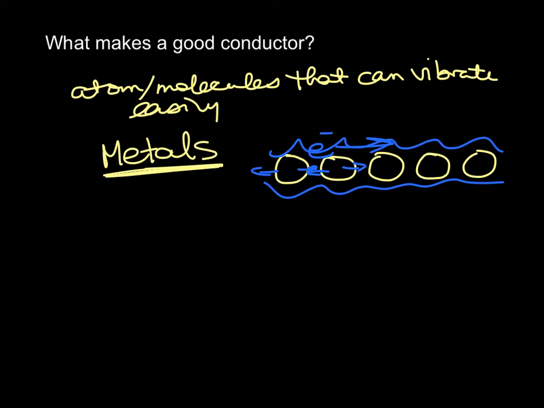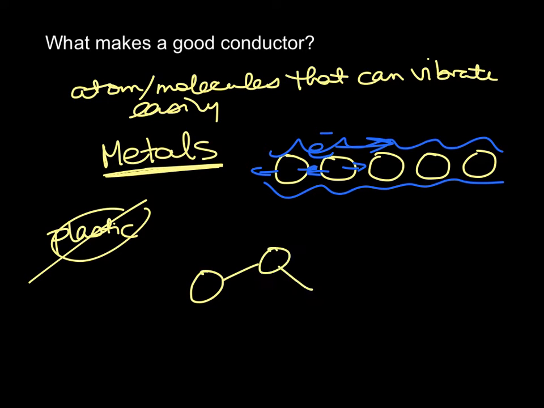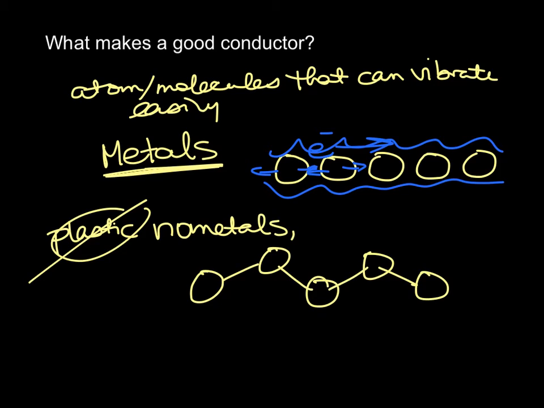Now, things like plastics, not a conductor. Plastic is not a conductor. Plastic has this atom attached to this atom, attached to this atom. They are firmly attached, so there's an arrangement of the firm attachment, and so they kind of have to stay where they are. So plastic, non-metals,